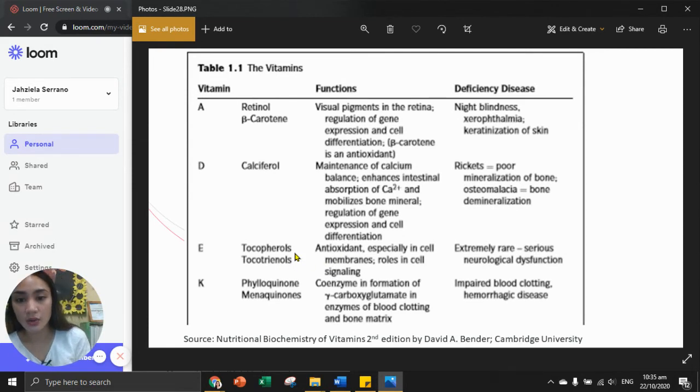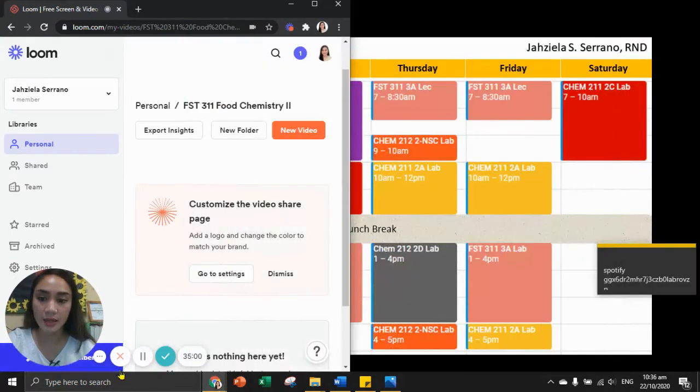So next is vitamin E, also called as tocopherols or tocotrienols. So, ito naman mga to, another antioxidant, especially in cell membranes and roles in cell signaling. So, sinasabi na ang vitamin E daw is a vitamin that's anti-aging. So, bukod sa pagiging antioxidant niya,